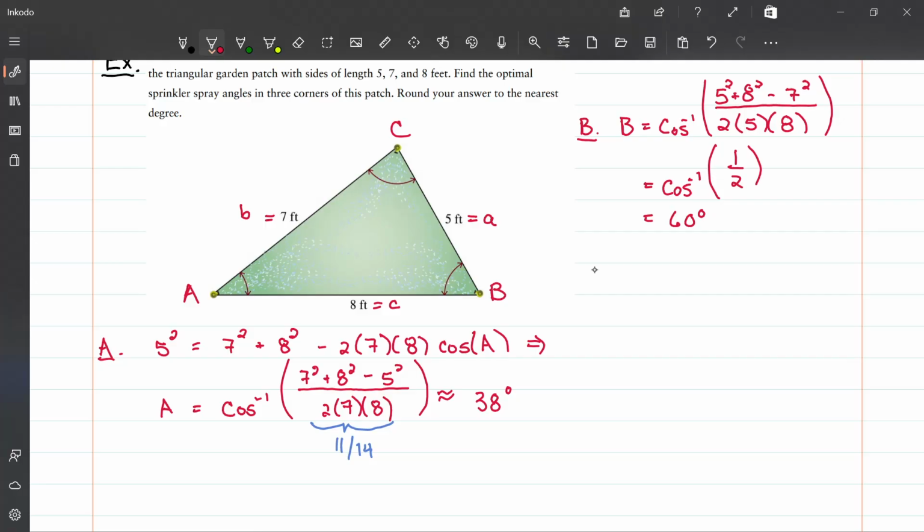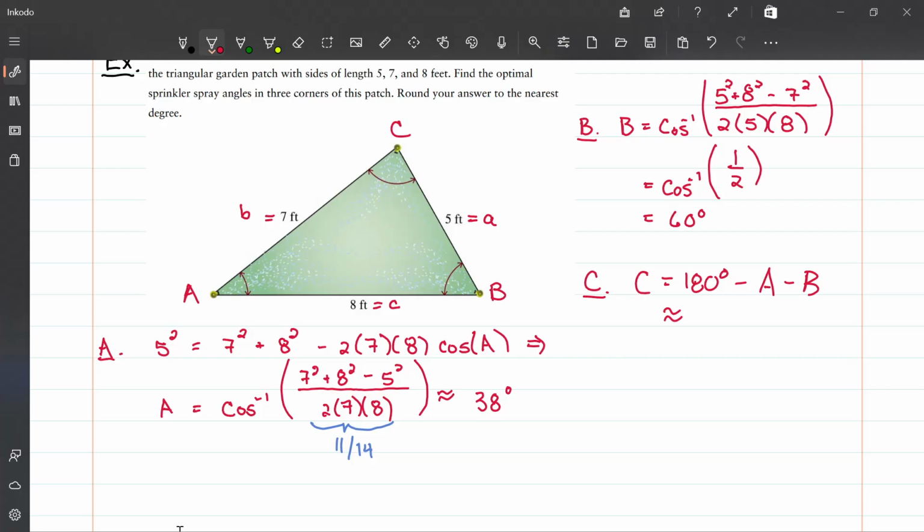Now all that remains is to find the angle C, but of course we don't need to use the law of cosines for this one. As long as you have stored the exact value for A, and for B as well, although that's a little bit easy in this particular case, we can simply note that C is going to be equal to 180 minus A minus B, and then we can approximate once we've done the exact calculation, which my calculator tells me